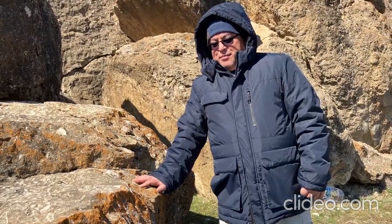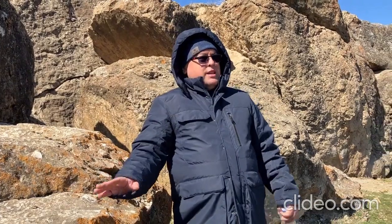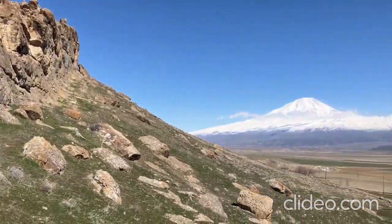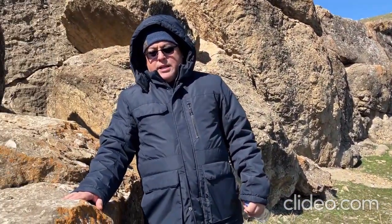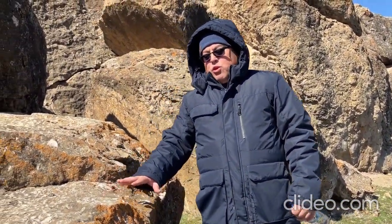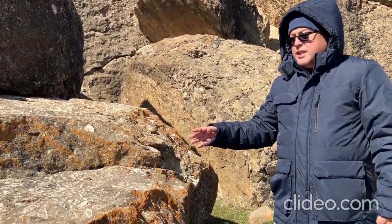Hi everyone, we are here in the southern area of Mount Ararat. You can actually see Mount Ararat to my left, and this is the mountains of Ararat. It says in Genesis chapter 8 where Noah's Ark landed. And what's really cool is that we're just one valley over from the Durupinar Noah's Ark site, and along this